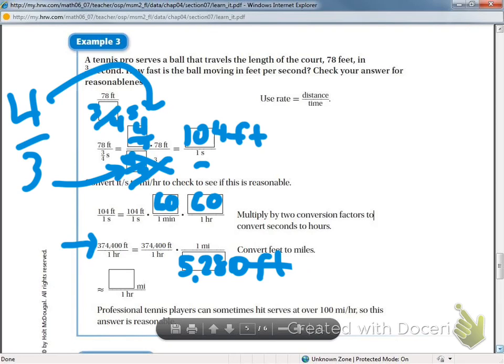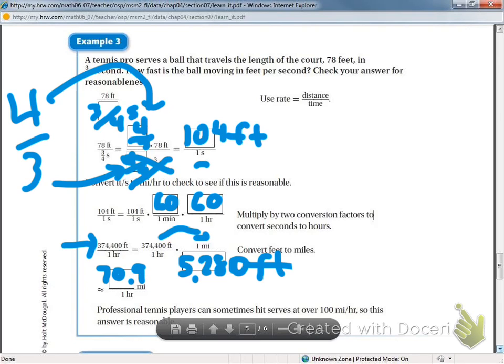If you didn't know that, you can look that up on the conversion chart in the back of your textbook. And when I multiply across, I get 374,400. And then I divide by 5,280, and then you should find that the tennis ball was moving 70.9 miles